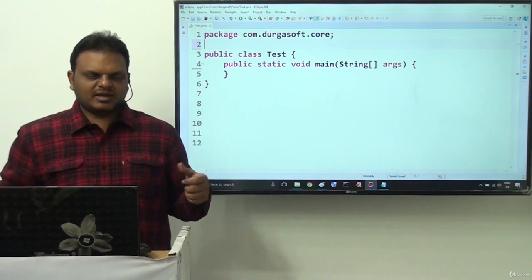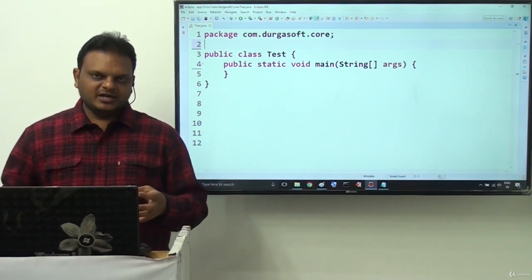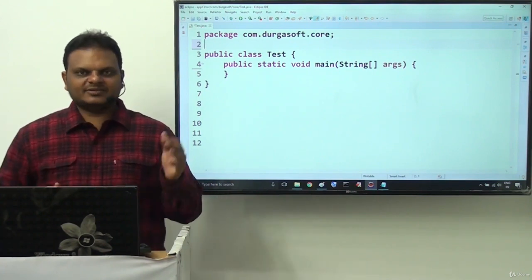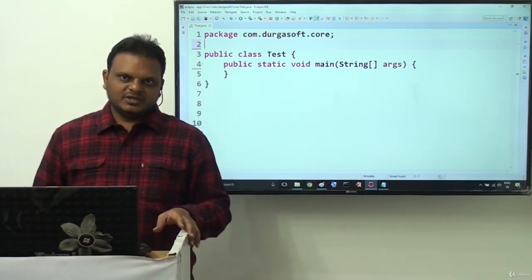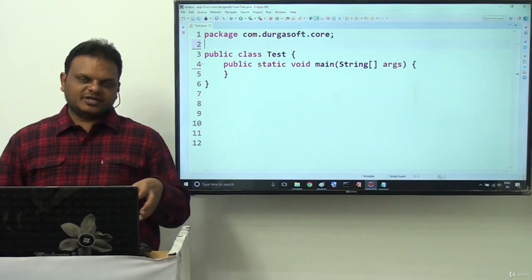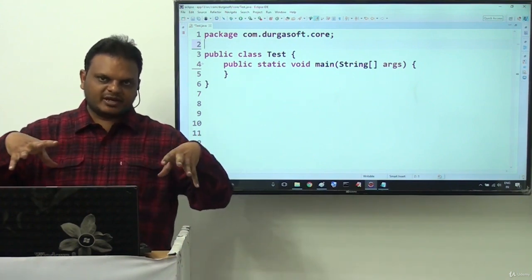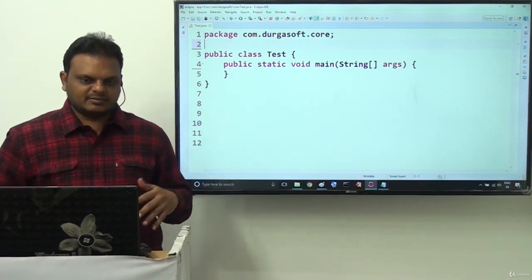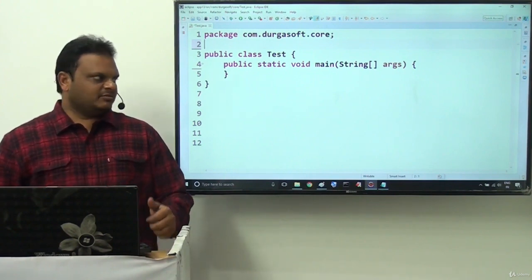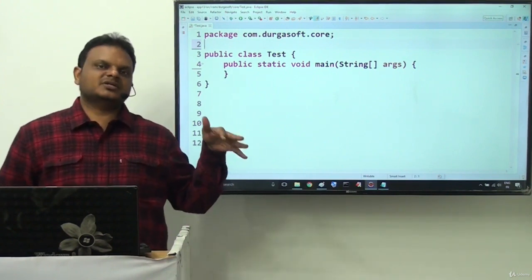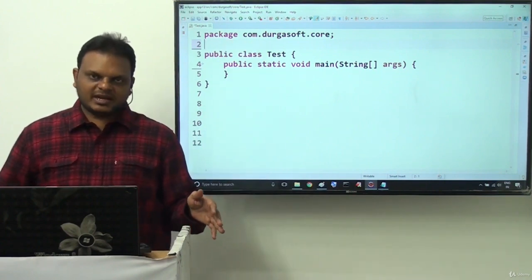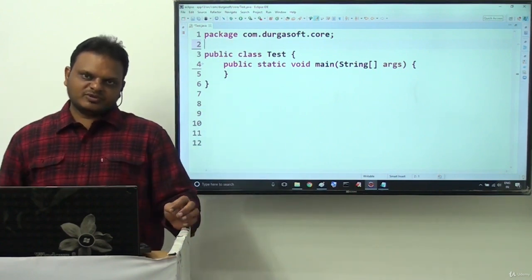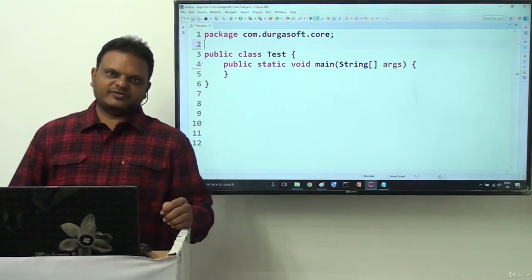Now in this example I am going to pair up and provide both static context as well as instance context in a single example. Instance context and static context inside the inheritance, both in a clubbed manner in a single example, that we are going to see clearly. First of all, let me provide both static context and instance context at each and every class. Once I prepare this total program, then I will see how this program is going to be executed. This process we are going to do now.